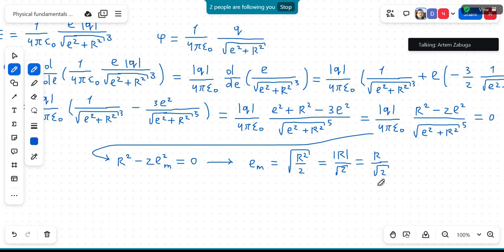This is the value of distance Lm that corresponds to the maximal value